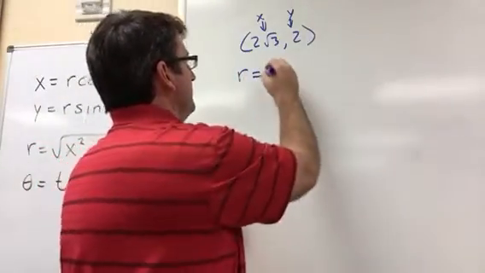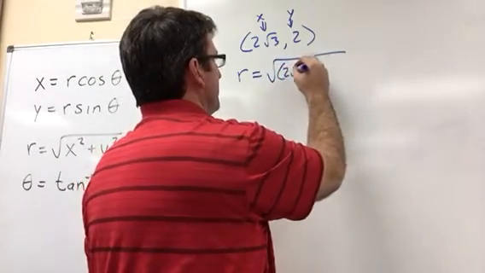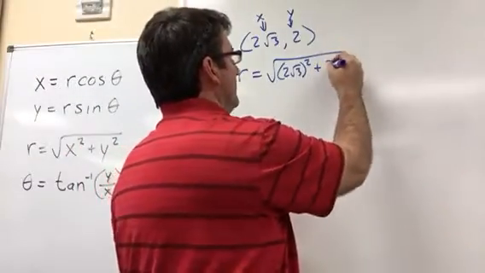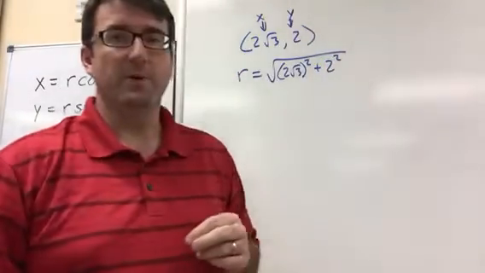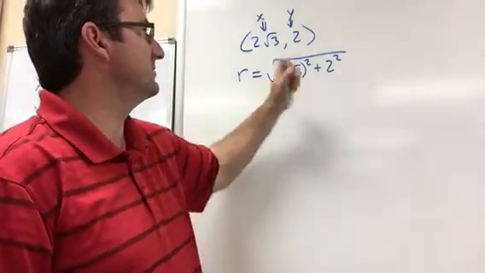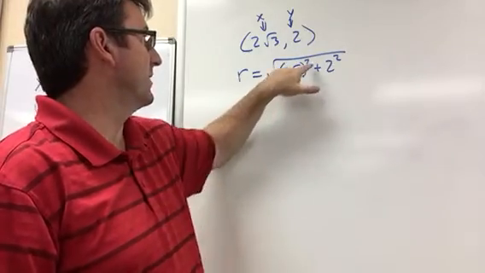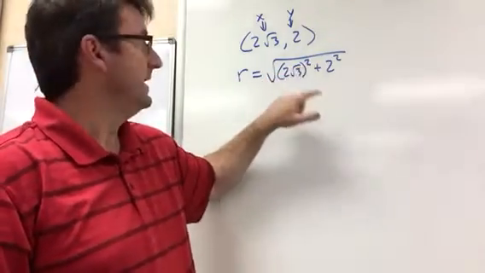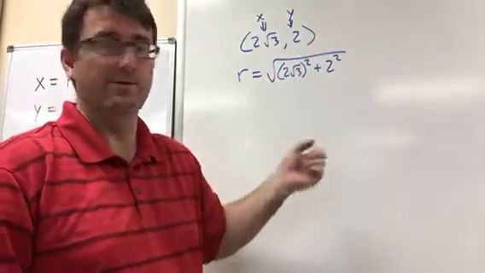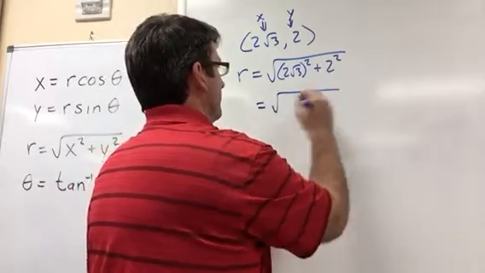R is going to be equal to the square root of x squared, so 2 square root of 3 squared, plus y squared. This is 2 squared. All right. 2 square root of 3 squared. In order to do this without a calculator, we're going to square the 2. 2 squared is 4. And then we square the square root of 3. Square root of 3 squared is 3. So 4 times 3 is 12. So this is equal to the square root of 12